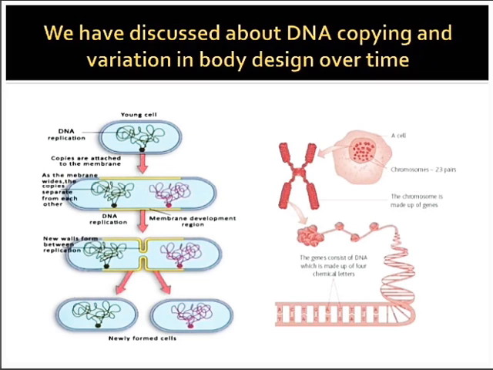Whenever there is a requirement of reproduction, the cell multiplies all its components. But first of all, it multiplies the number of DNA which is present inside the nucleus. After that, it multiplies all other cell organelles and then it divides into two daughter cells. While doing the multiplication of DNA, or you can say copy of DNA, it makes some mistakes, in which some mistakes are positive while some mistakes are negative.